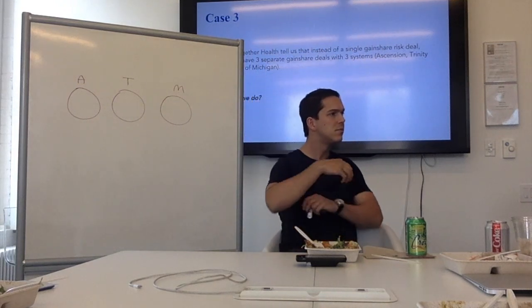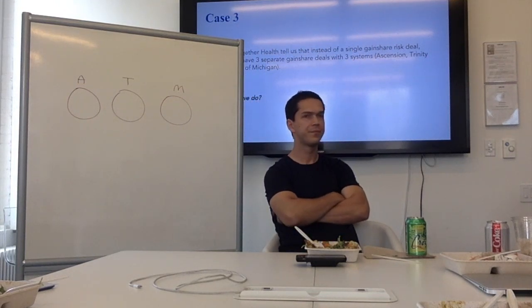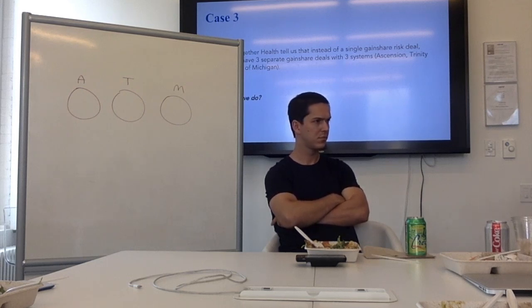Kopko, what do you think? I think it depends on where you set that gain share threshold. If you do it purely that way and everyone has the same target, you could see a case where Michigan, actually in their case they might not get paid out, the other 2 get paid out, right? Michigan's very expensive, all the expensive members go there. The other 2 are cheaper and they get the gain share. And Oscar therefore is potentially paying out to these 2 systems, even though the whole market, let's say we just hit whatever our target is, there are 2 payments out.